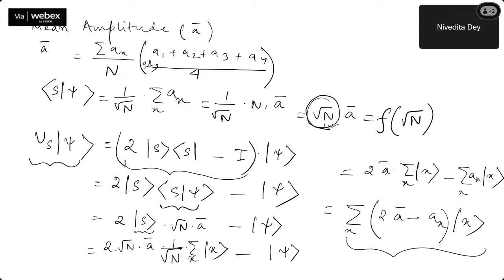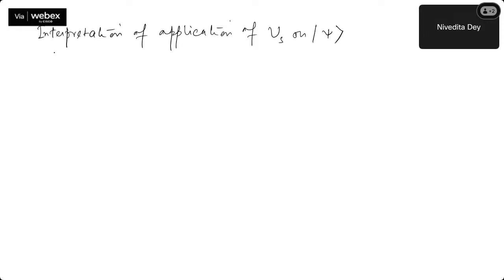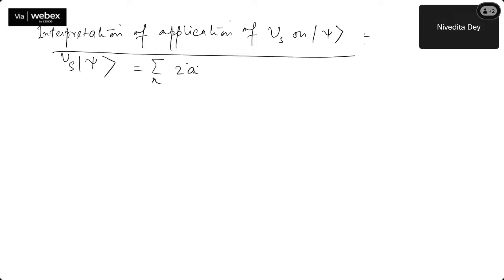Now our objective is to find the interpretation. Next objective is to find the interpretation of application of US on psi. So US on psi is basically sigma x. Now I have this 2a bar minus ax times ket x. So before your US is applied,